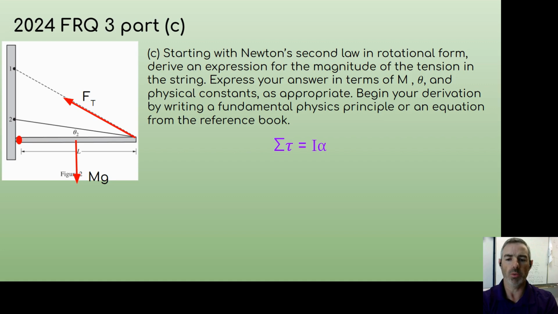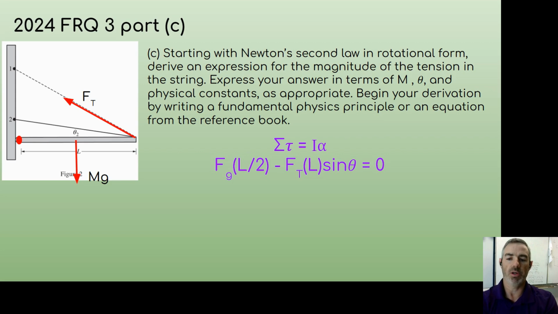So I'm assuming this is what they're asking for, starting with this equation, and maybe that's worth a point. I'm not sure. We'll see when the scoring guidelines come out. But the net torque equals I times alpha. Alpha is the angular acceleration. Well, since the beam is in static equilibrium, meaning it's not moving or rotating, that means the angular acceleration is